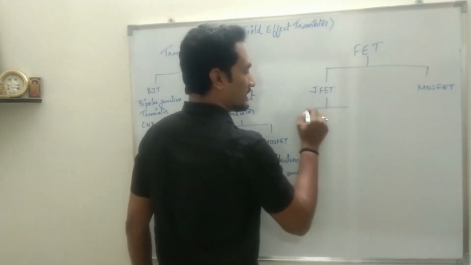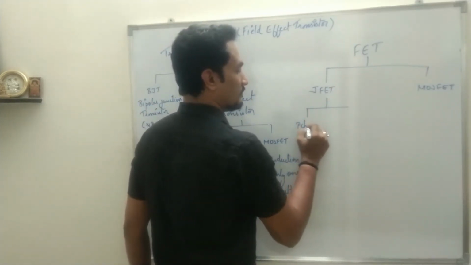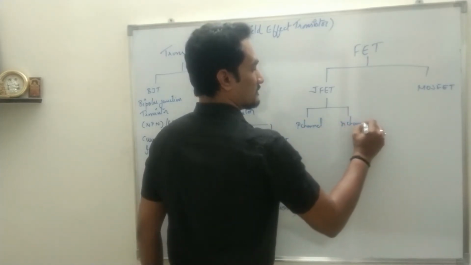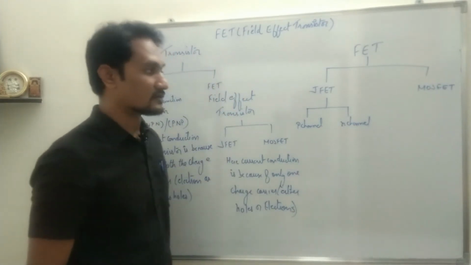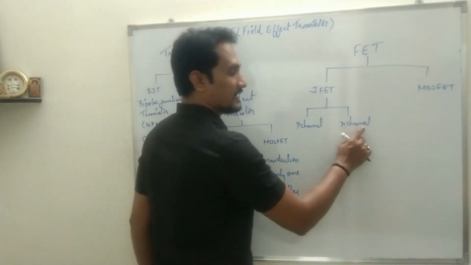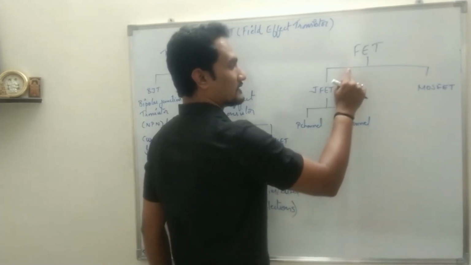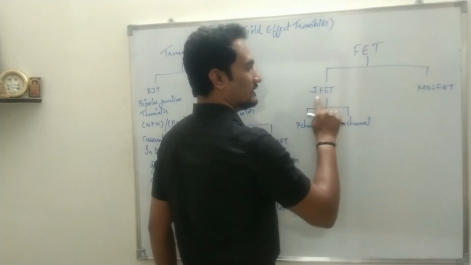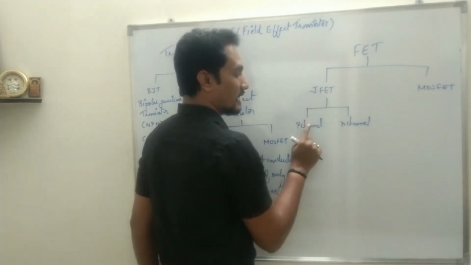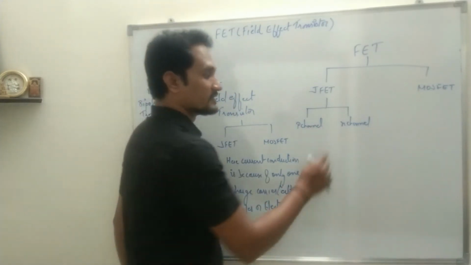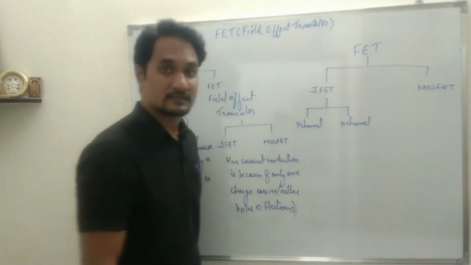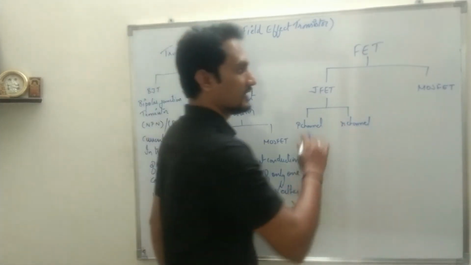If the current conduction is because of holes, the type of JFET is called P channel, and if it is because of electrons, then it is called N channel. So we'll start with different types of FET, JFET and MOSFET. We will try to understand how P channel JFET is formed and how it works. Similarly, we will go for N channel JFET and understand its construction and working. Then we will move to